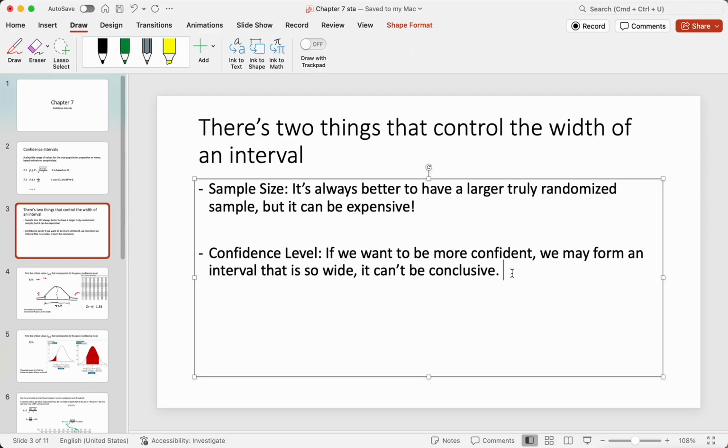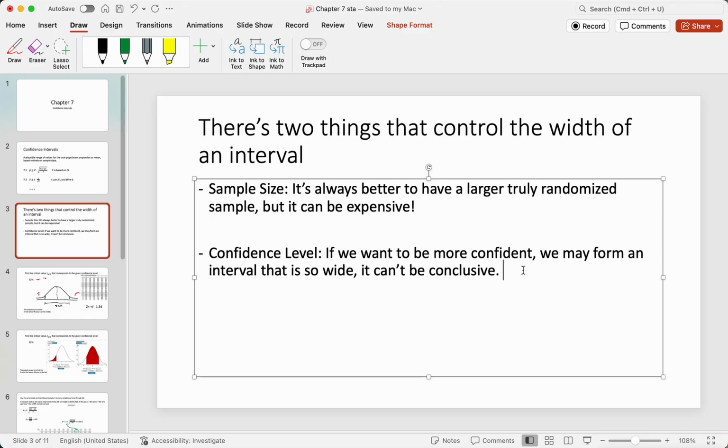So there's a balancing there. And honestly, I think the biggest thing to take away from this kind of discussion is that confidence level is usually never mentioned in news headlines, but it's super important that you mention it. Because if we say this person's polling and they're currently slated to win, maybe that was based on an interval that was only at 60% confidence level. So they told you, hey, the data shows that they're in the majority for the vote, but maybe if we slid that confidence level to 80 or 90%, we would have creeped into the minority side and gotten some